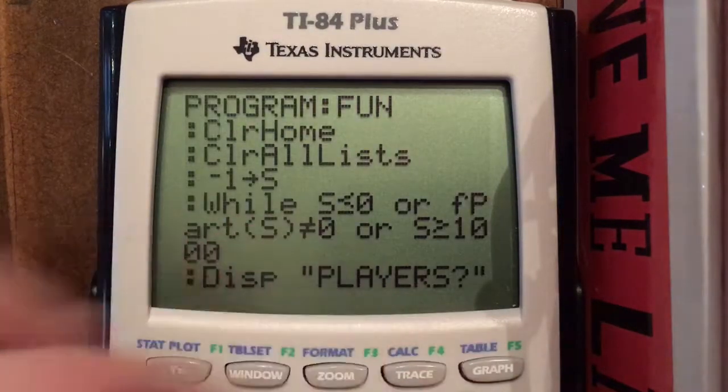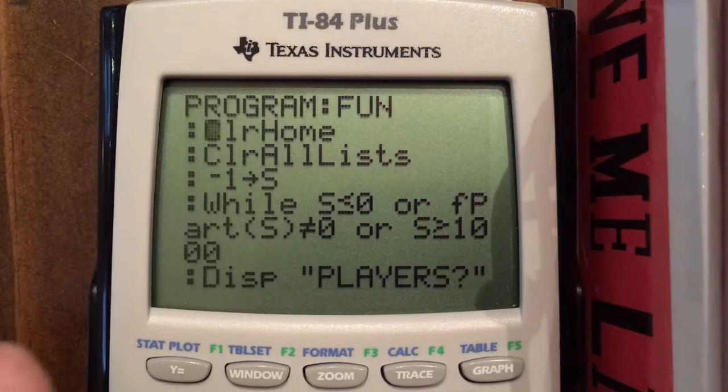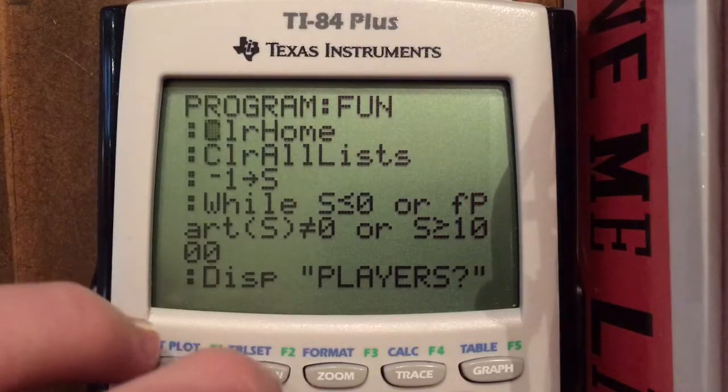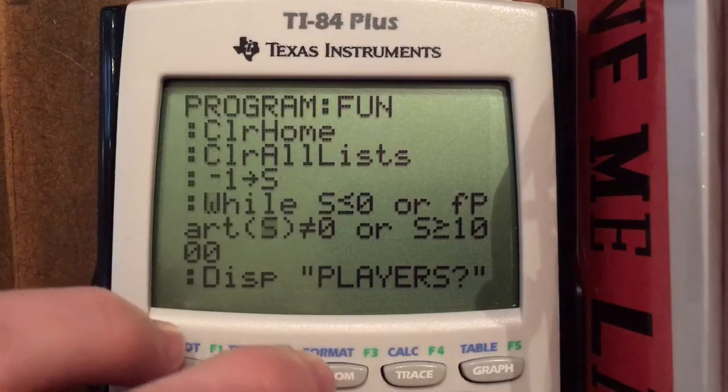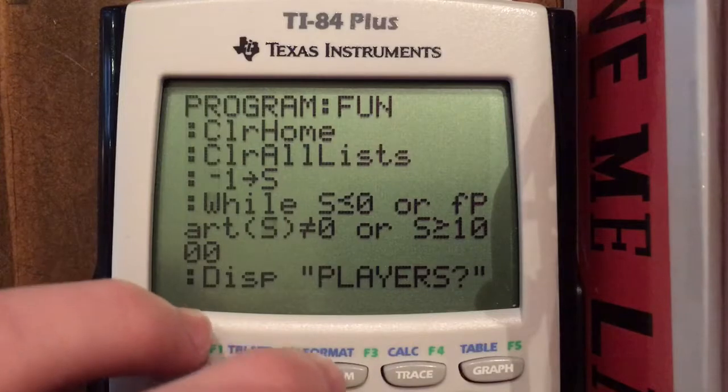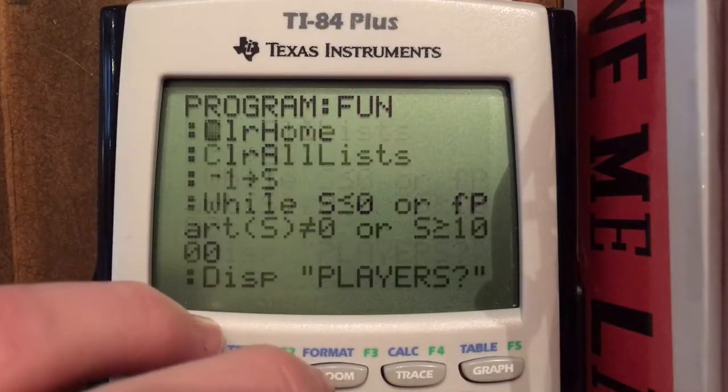So let's look at the code. First, I clear the screen with ClrHome, and I clear all the lists, because I use the list to store the score of the players. I set -1 to the variable S, and while it is less than or equal to 0,